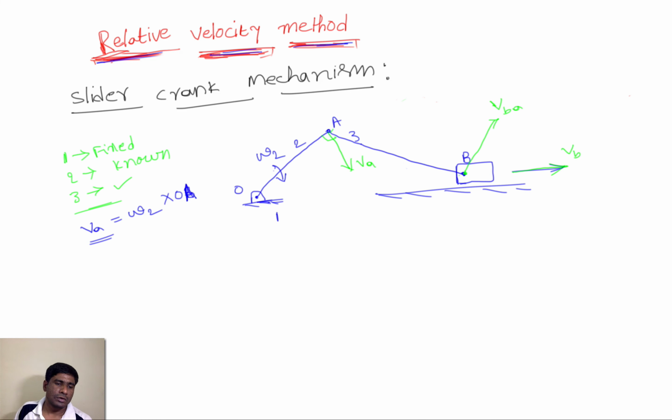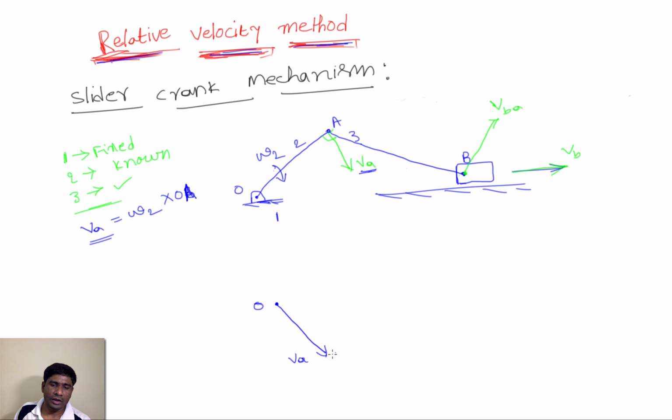So let's draw the velocity polygon or diagram here. First of all, we identify fixed points. Here there is only one fixed point, that is O. And after identifying the fixed point, you draw the known velocity vector. Here this is the only known velocity vector. So you draw a line of the same magnitude parallel to the velocity VA. So this is the VA,